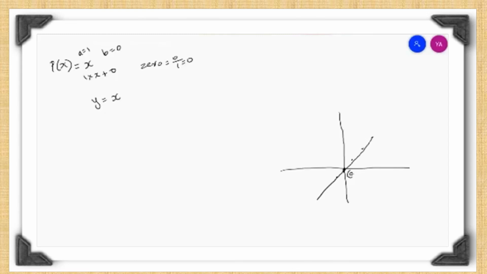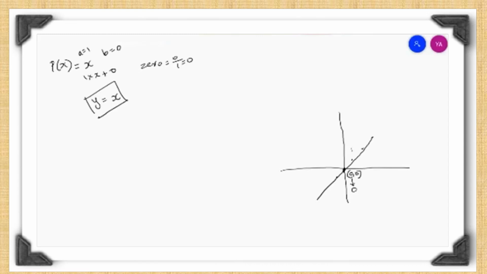So 0, 0 is the intersecting point of the line y is equal to x and the x-axis. So take the x-coordinate of the intersecting point. X-coordinate is 0, right? So the 0 of this polynomial y is equal to x is 0 itself. Okay. So this is the content we studied today. For second degree or quadratic polynomials, we will discuss in the next class